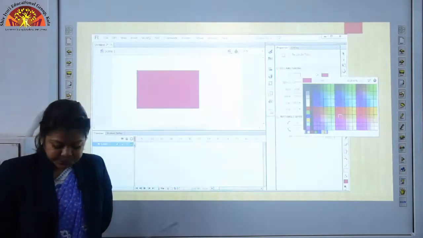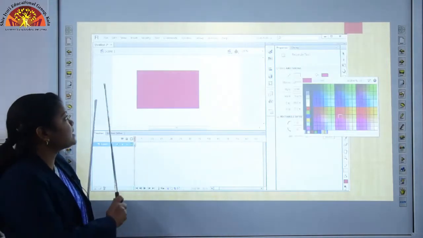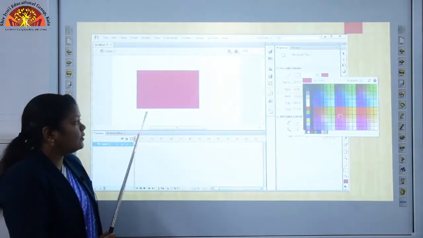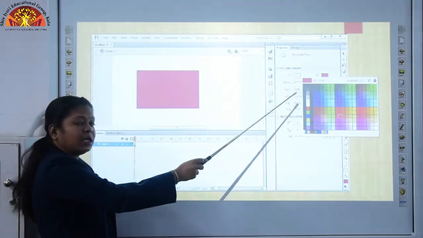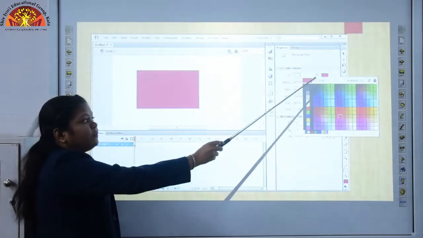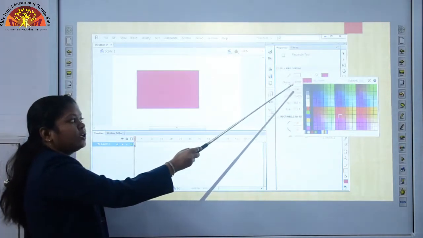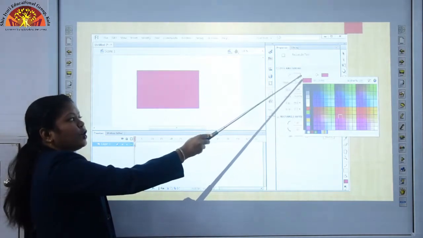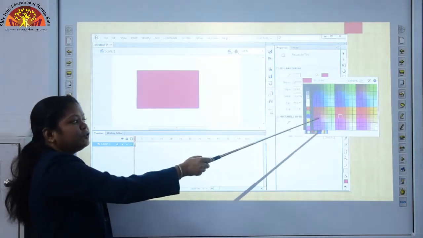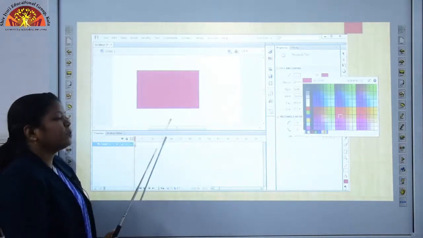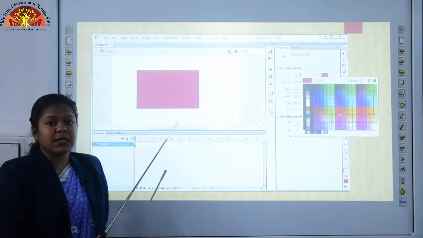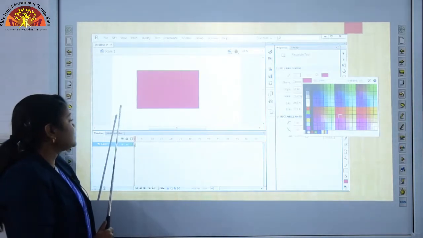Let's see. Here you can see, student, this is the stage area of your Flash screen. And here in the panels we have different properties of the rectangle shape. So here we have fill color, stroke, style, and stroke color. Here I have chosen the pink color for my rectangle shape. So here you can see, student, the rectangle shape with the pink color has been drawn on the Flash screen